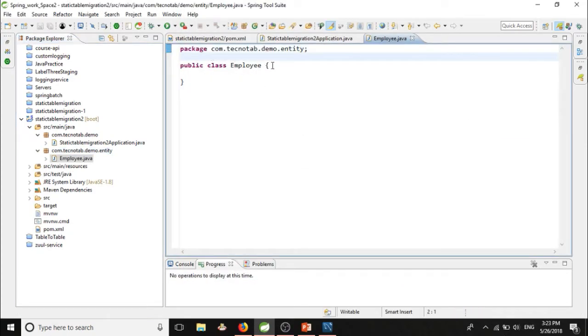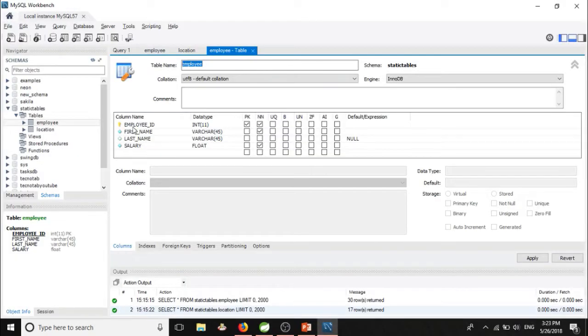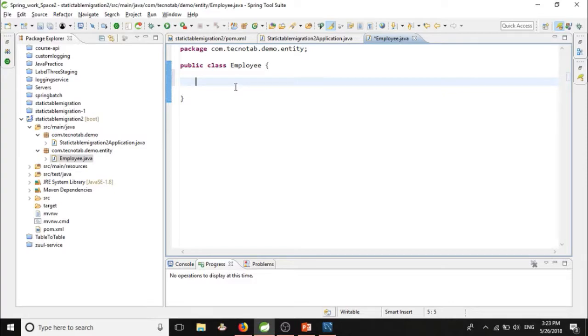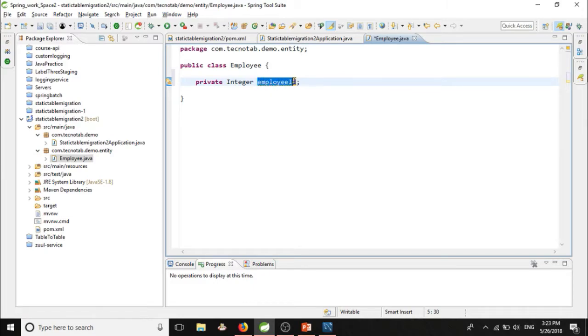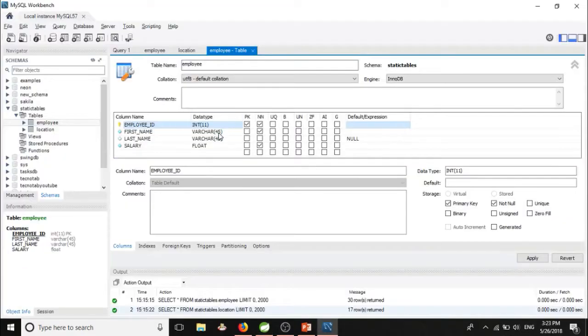We have got an employee class, and what are all the fields that should be available in the employee class? These are the fields: employee ID. You should always name the fields in the standard naming convention. The first letter of any variable should be small and the next word should start with caps. This is an integer. First name is varchar, then float.